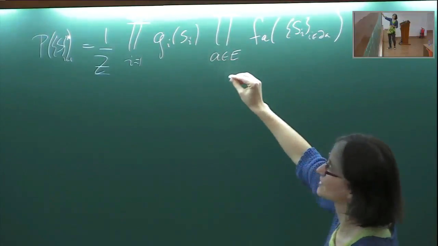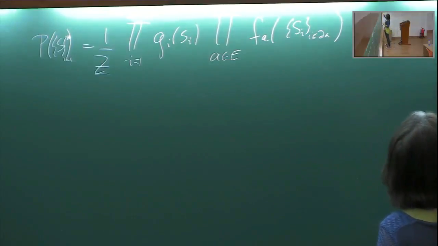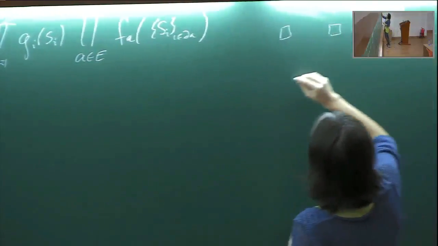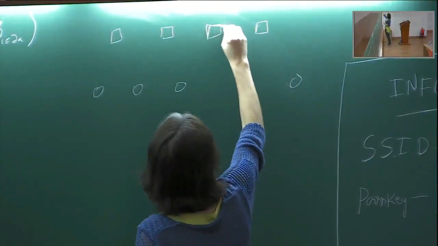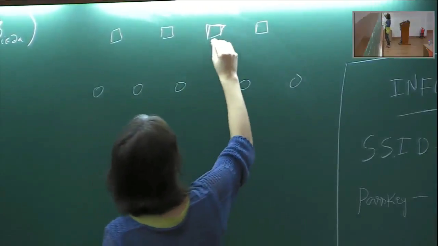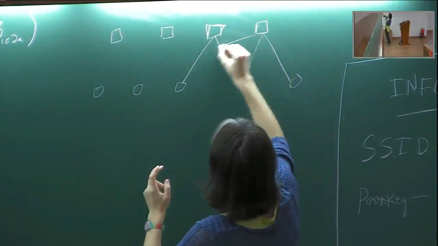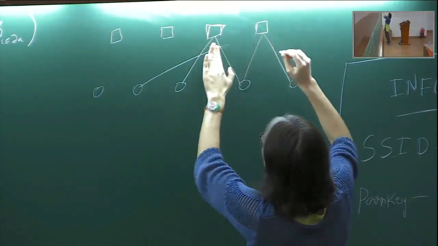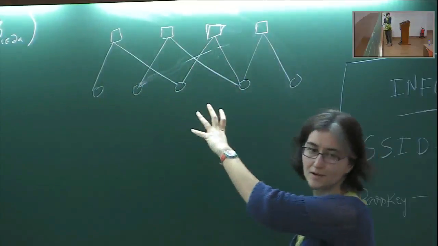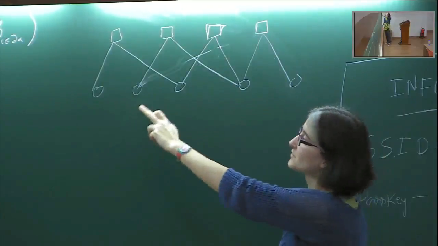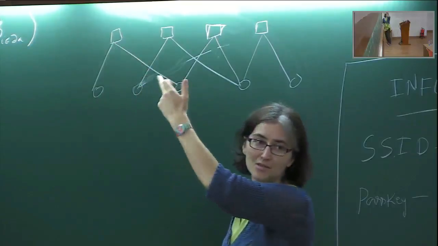What are these a's here? Before I had edges, but here I'm representing the interaction graph as a hypergraph. These squares will be representing these edges. And in graph coloring, edges would be connecting only pairs of nodes. So for instance, like this or like this. This would correspond to a graph on 5 nodes. This would be the same nodes, but now for the edges, I don't just draw an edge, I draw an edge with a square in the middle.